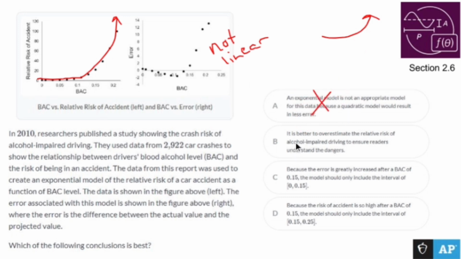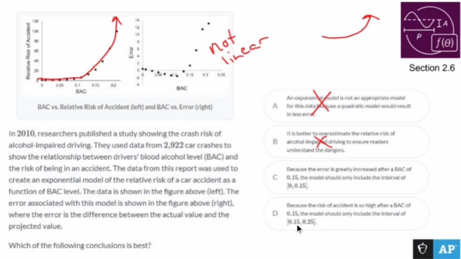So an exponential model is not appropriate? No. It is better to overestimate the relative risk of alcohol impairment driving to ensure readers understand the dangers. I don't think that's what's going on here. I don't disagree. Because the error is greatly increased after a blood alcohol of 0.15, the model should only include the interval 0 to 0.15. Maybe. Because the risk of accident is so high after a blood alcohol of 0.15, the model should only include